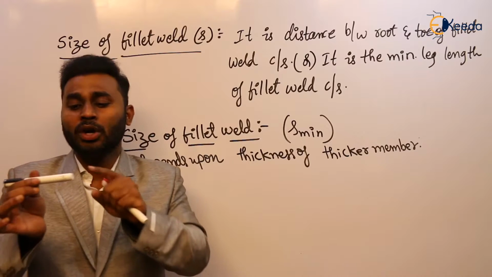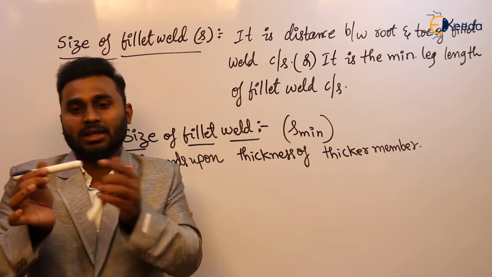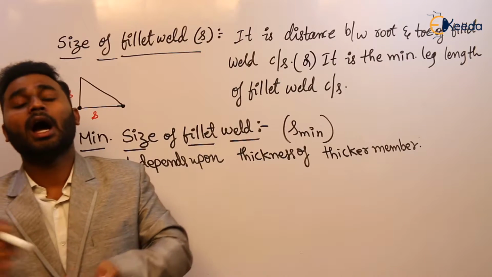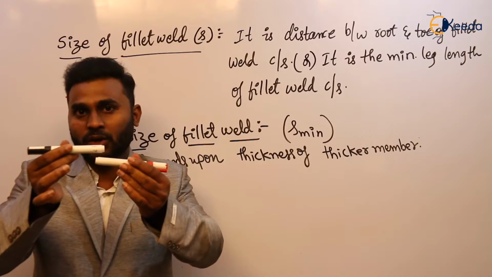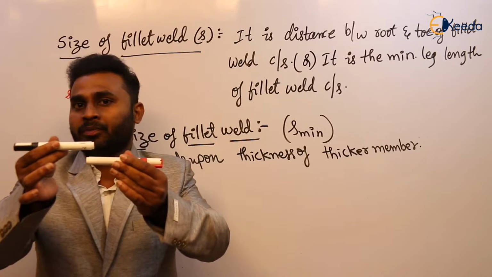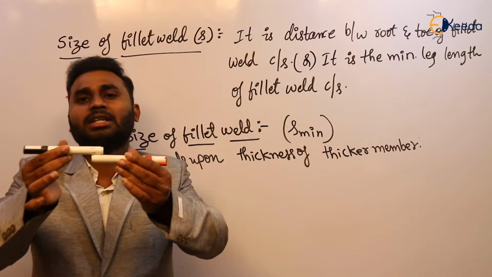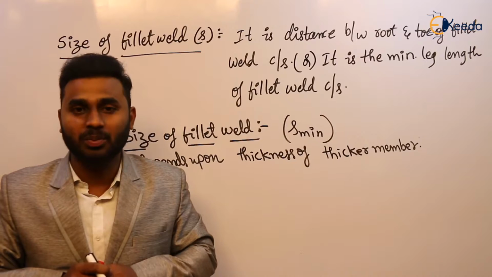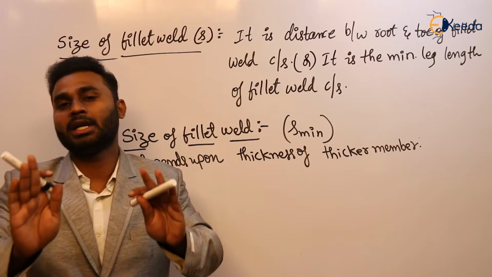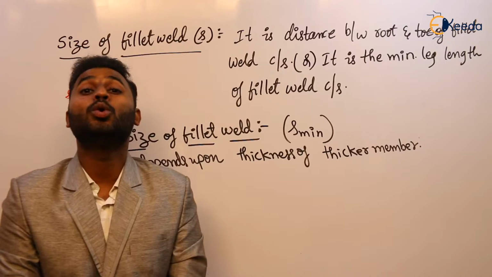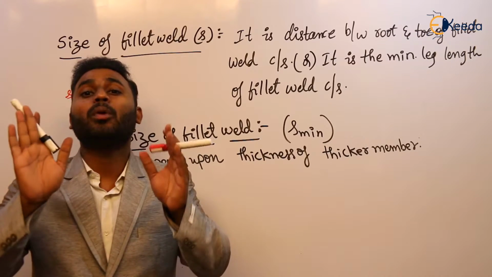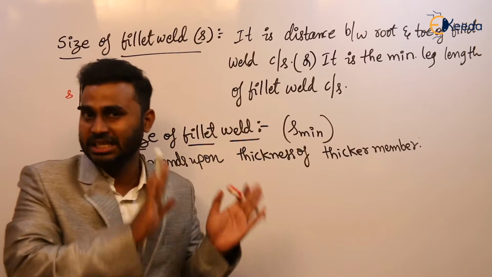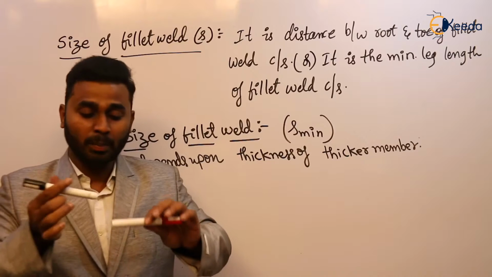So for that, first we preheat the connecting edges up to a temperature of around 1200 to 1500 degrees centigrade. After preheating the edges, we place the weld material, and then the connection can be established. After welding is done, we have to cool the weld properly. Then only can the proper connection be established. So if we see the sequence, what is the first step in the welding process? Preheating.